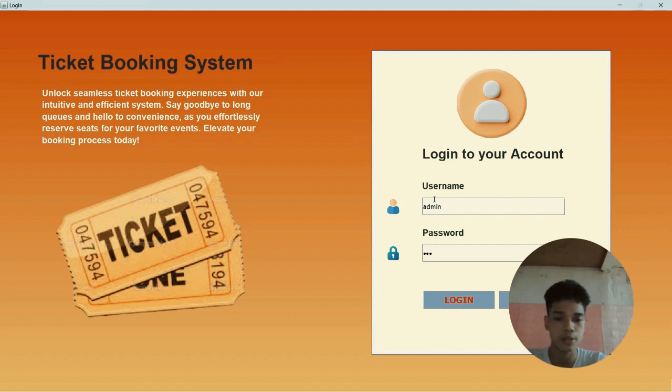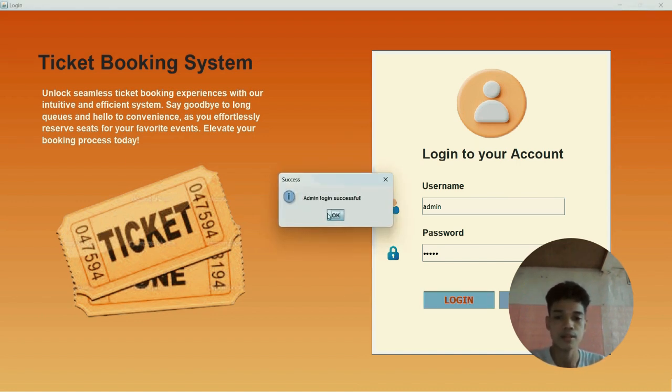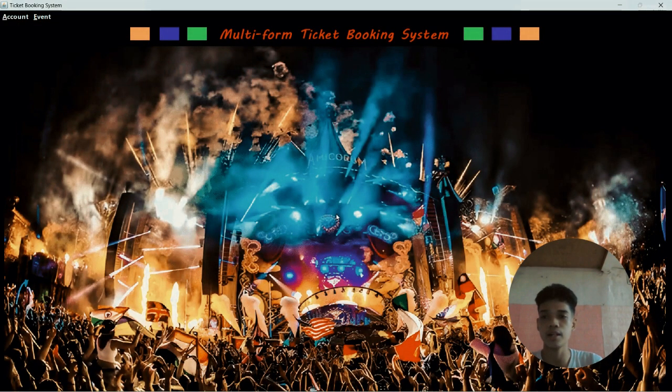Then the password is admin, and click this login button. It is automatically successful: admin login successful. So pressing OK, we are successfully logged in.